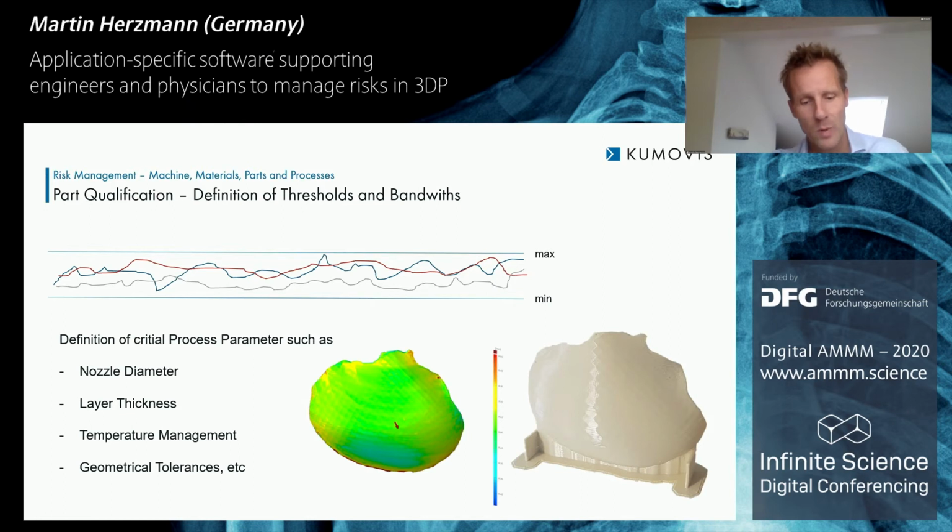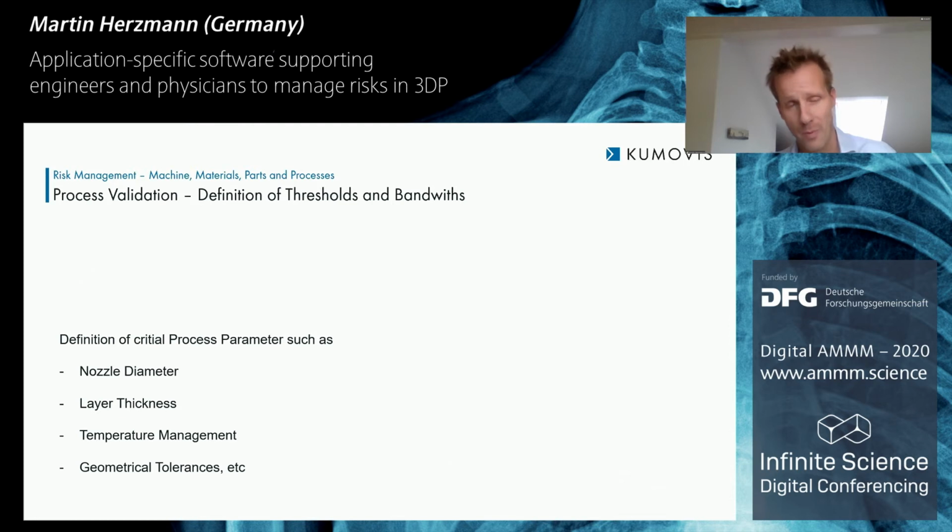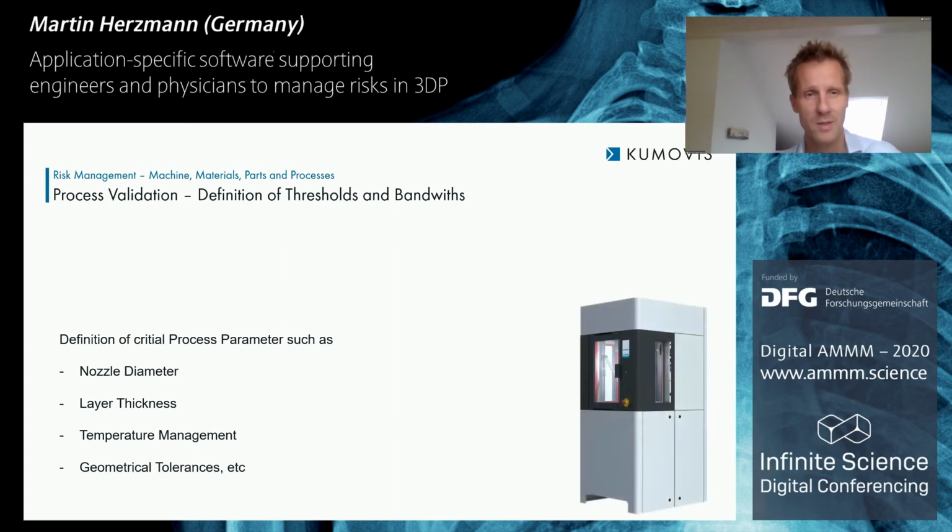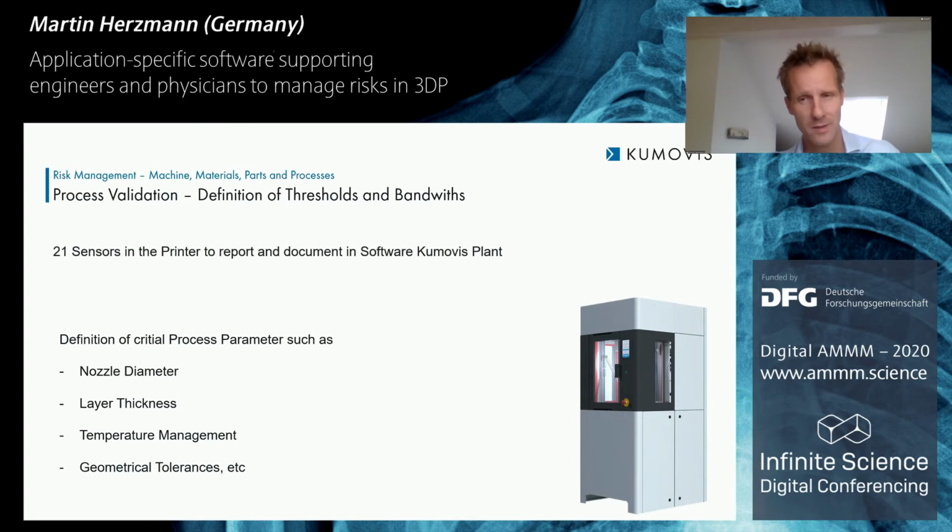And once we meet those parameters in cooperation with the customer and with the part and with the bandwidth, we can define with these critical process parameters back the process validation on the machine. Because now we close the loop and come back to the machine itself. Because the machine itself has 21 sensors included, and those 21 sensors are reporting data to Kumovis plant,